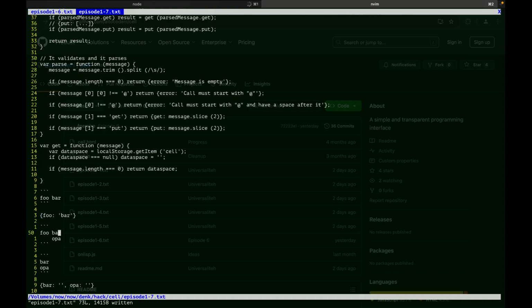But if you have this foo bar and opa, how do I express that in JavaScript? So the entire data space, by virtue of having only one path at this level 0 that is text, the entire data space is a hash.